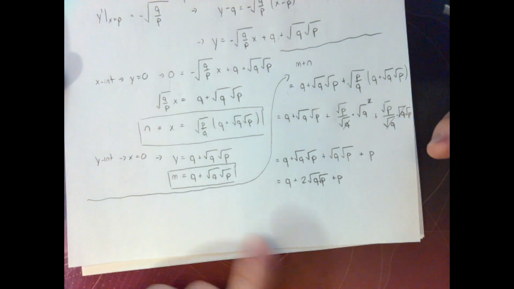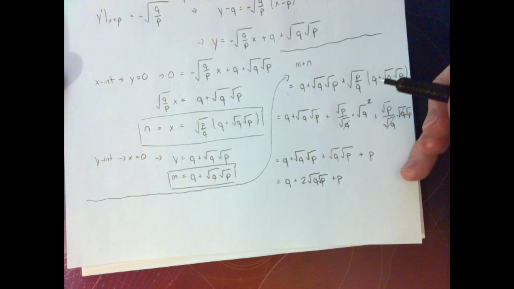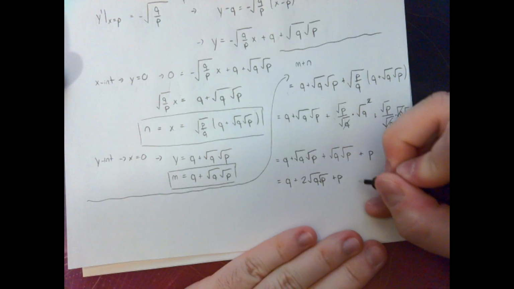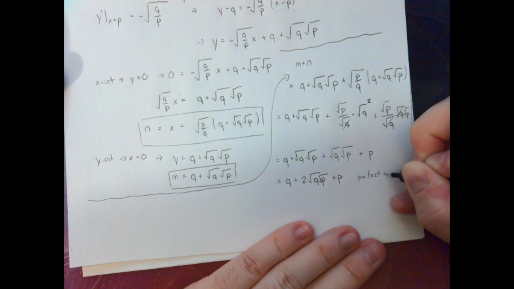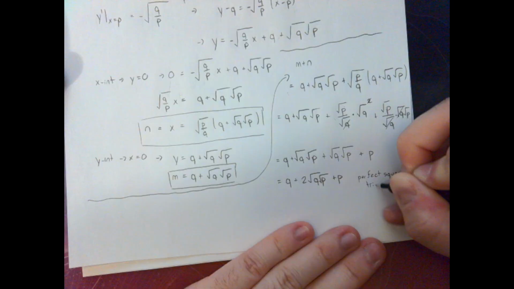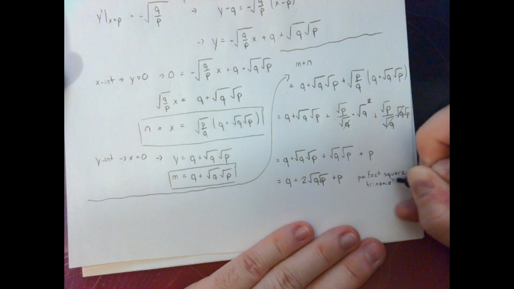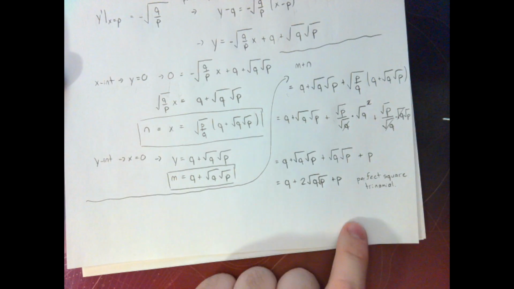Okay, right? I've got a squared plus 2ab plus b squared, right? This is a perfect square trinomial where, like I said, a is equal to the square root of q, b is equal to the square root